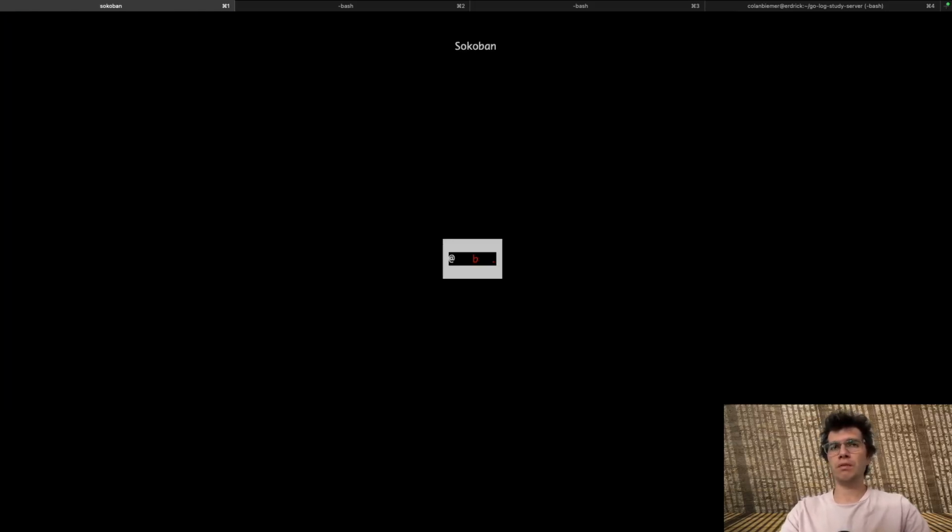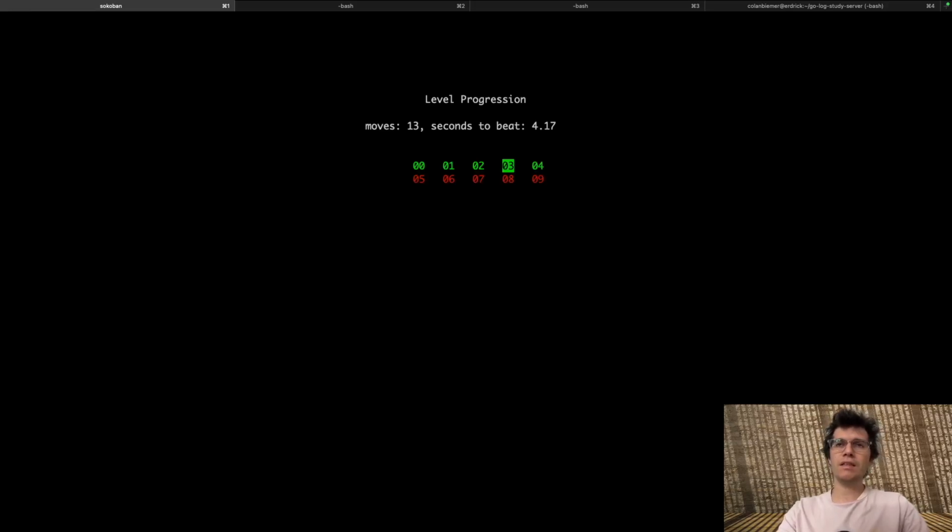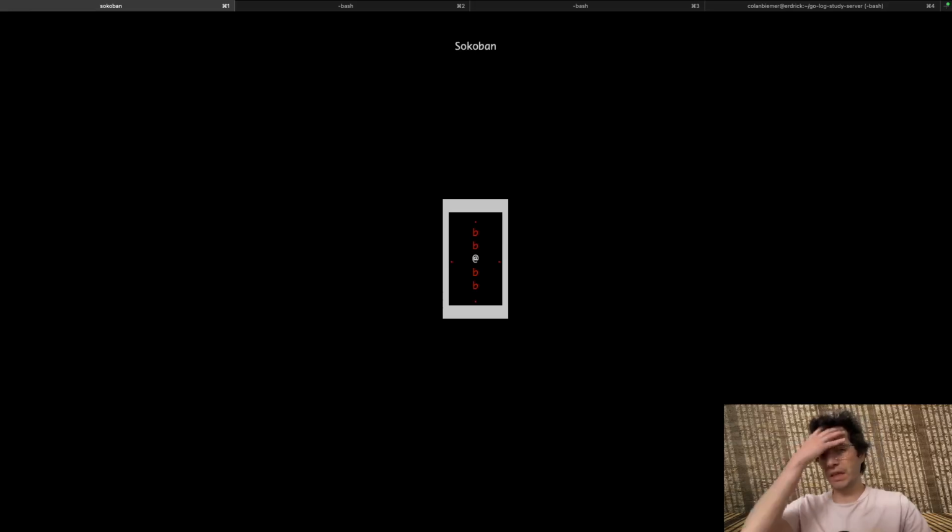Nice. So we'll play level 1. Again, this is our little tutorial level. Pretty simple. We beat it. This is another tutorial level, and we still did it. Next one, now we're teaching the player a little bit more, like how you have to move around. Takes us to level 3. So pretty easy. And so while we're solving this, I do want to talk about what I'm planning to do next,